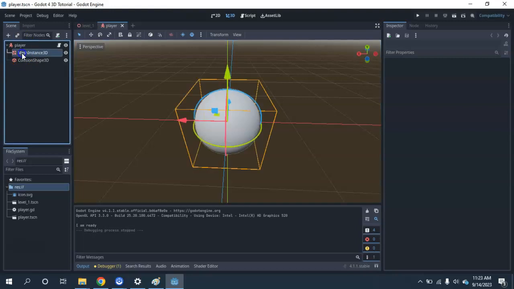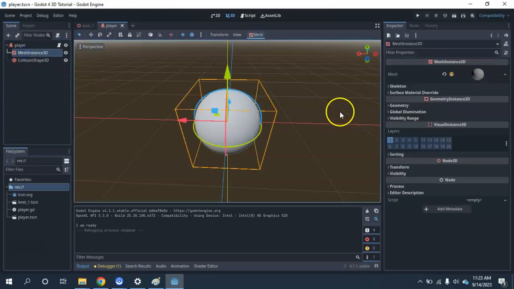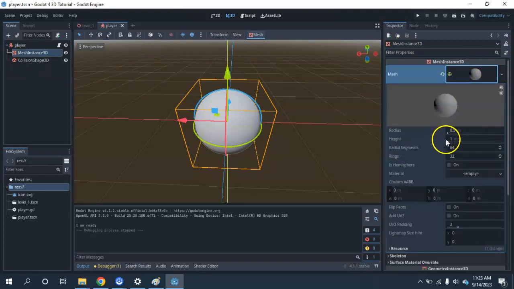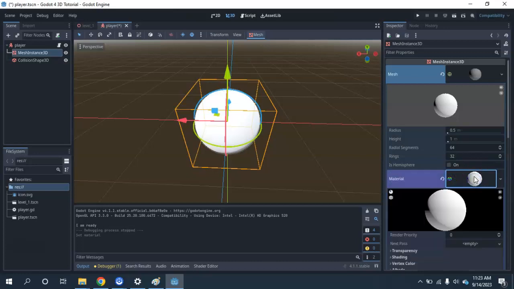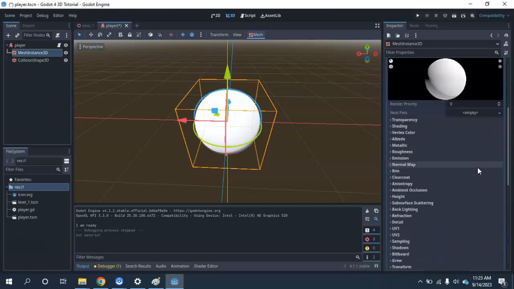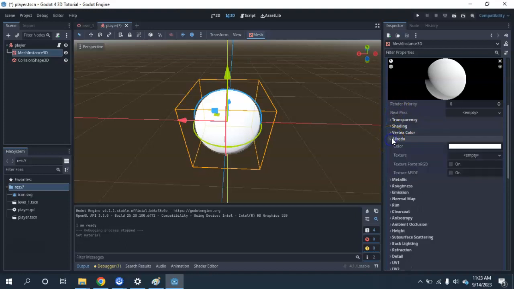Now, the player, we're going to do something a little bit different, but it starts off the same way here. I want to change the appearance of the mesh, so I'm going to click over on that mesh instance and then click on the mesh here, and then we've got this material. So I am going to make a new standard material just as I did previously. The difference being here is I am going